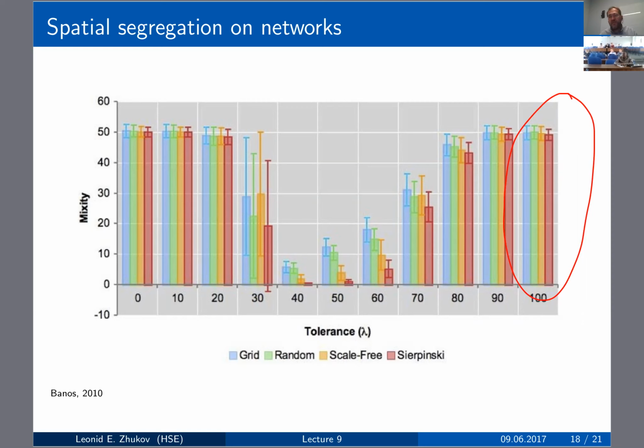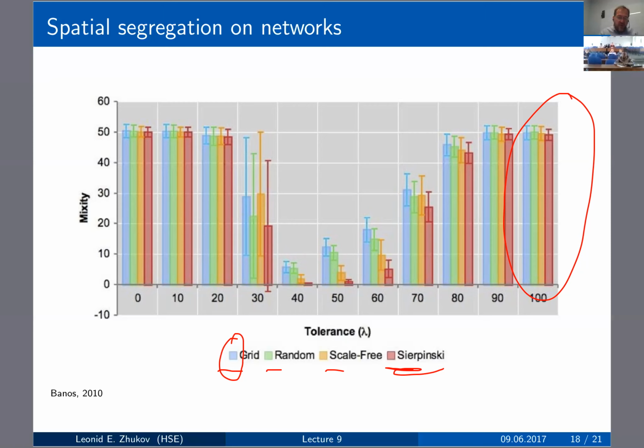It starts with random state, it stays in random state, and then you can look at this as grid, which is the original Schelling experiment. This is a random network, scale-free network, and this is what's called fractal network. They wanted to also look at the fractals, which is the network that has this very strong self-like hierarchical structure. So you notice that the situation is sort of obvious, and there is really no difference.